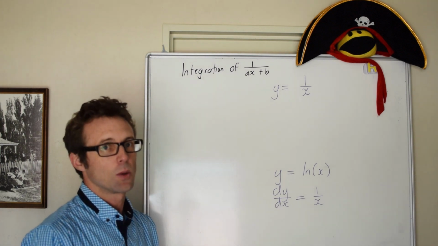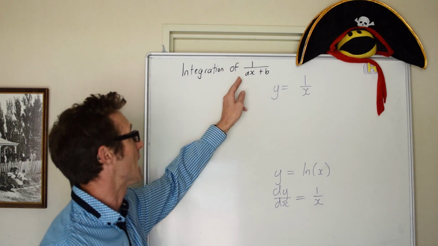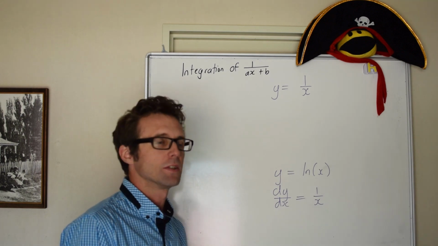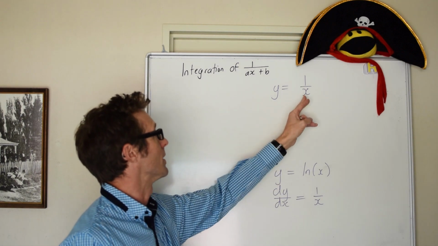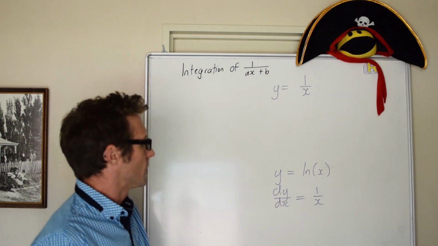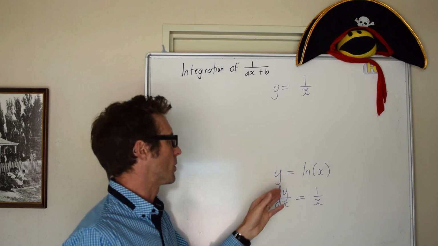Today our topic is looking at the integration of functions of this type, 1 over ax plus b, and we're going to start today with the simplest of those, which is 1 over x, where there's no b and a is equal to 1. So earlier on in the year, you'll probably remember that we looked at a function like this,